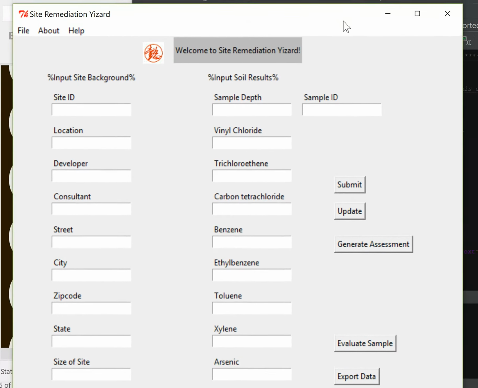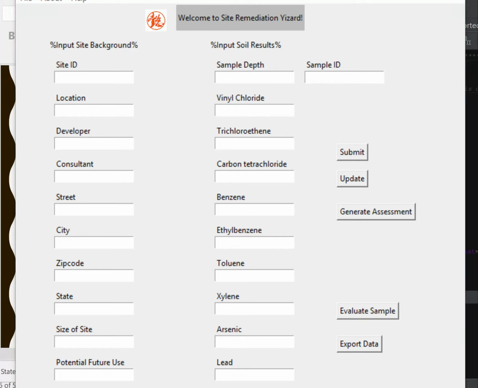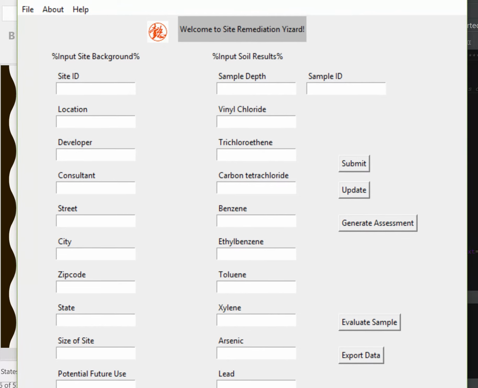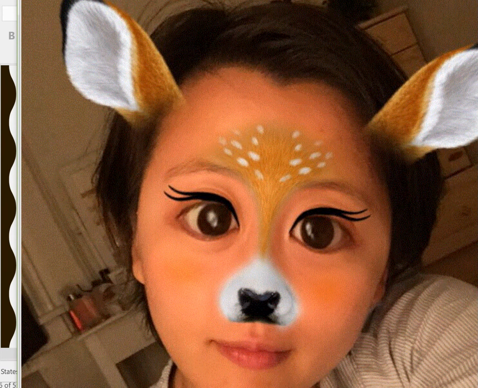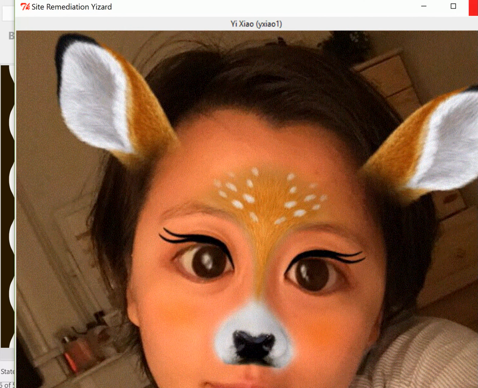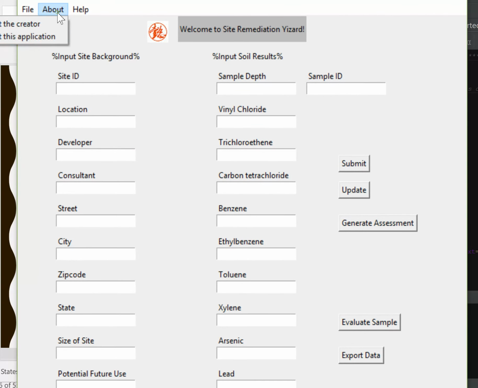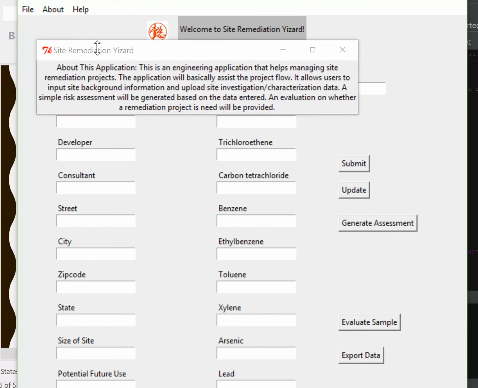This is how the application looks. Its main body contains a menu bar, logo, labels, data input entry boxes, and buttons. You can find creator and application information here by clicking these two buttons. This is me. And about this application,